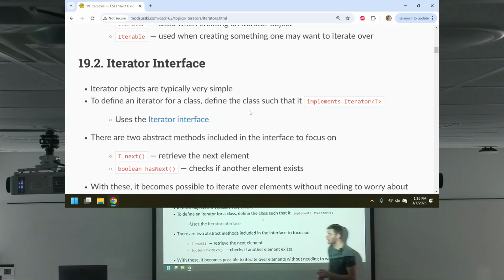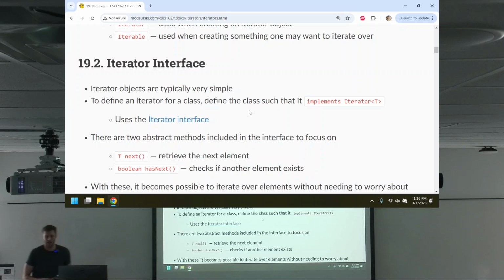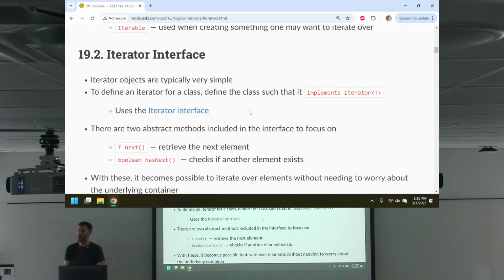To define a class that has an iterator, it needs to return... okay, I'm getting ahead of myself. If I want to define an iterator, I implement Iterator, okay? That's how I'm going to do it. And we can go here and look at the Iterator interface.